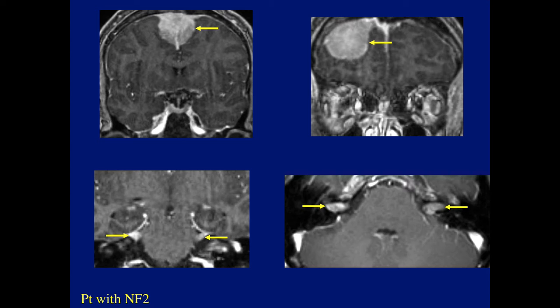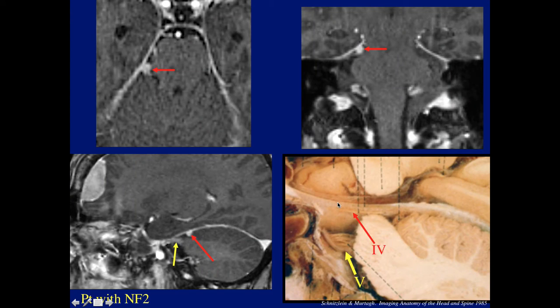Here's a patient, NF2, massive meningiomas, lesions in both internal auditory canals. And then there's this lesion here. The question is, is this a schwannoma of the fourth nerve, or is this a tiny meningioma right attached to the tentorium here? It's a real dilemma. This patient had many issues with the meningioma postoperatively, in EPIC there was no mention of and no focus on the fourth nerve, but this could be either a schwannoma of the trochlear nerve or a tiny meningioma.